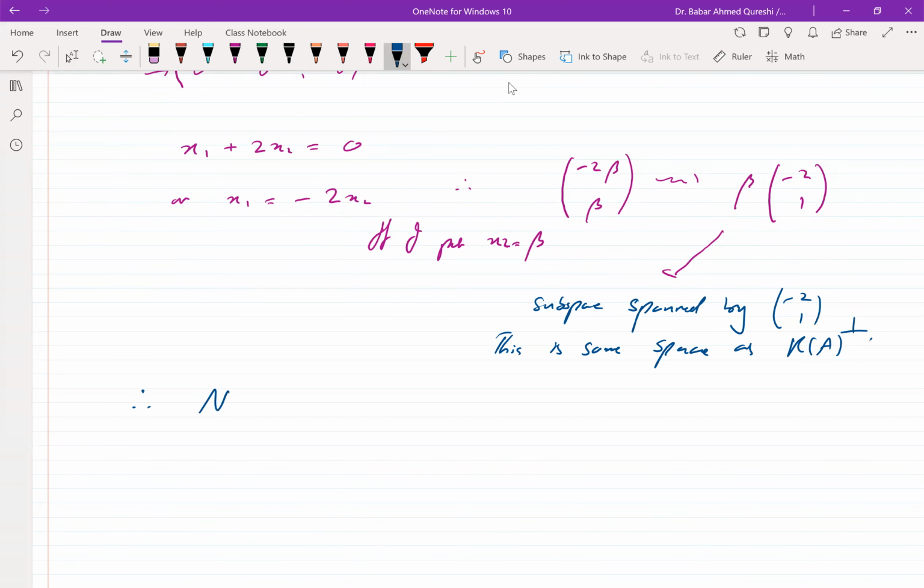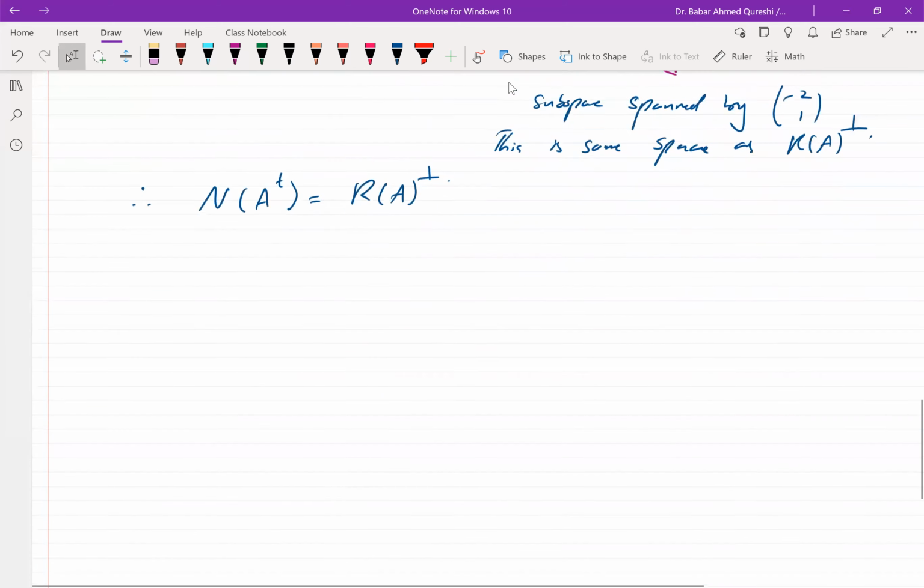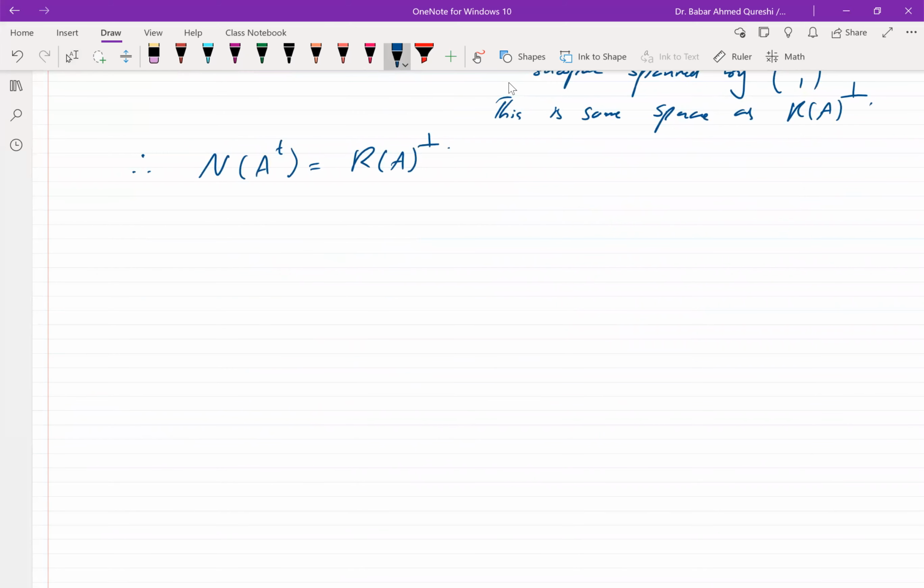So therefore, N A transpose is R A perpendicular. Similarly, we can verify that